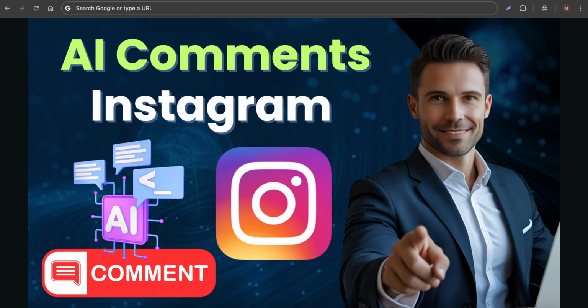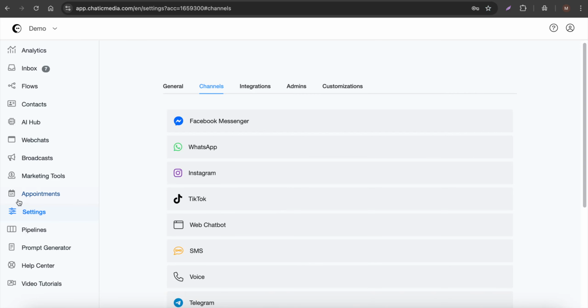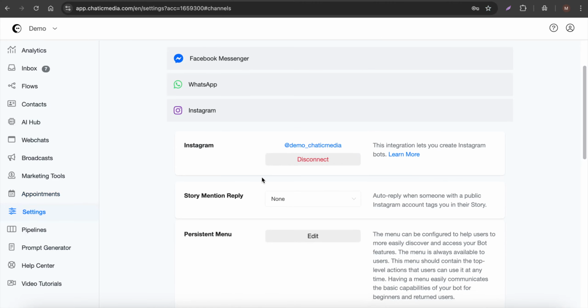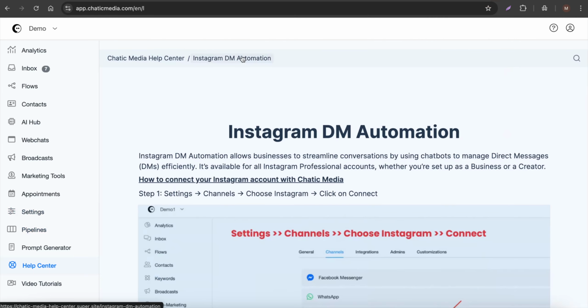So here, I'm in a demo account. The first step is to connect your Instagram account right here via channels. So here, if you click on channels, you can go to settings, channels option over here and choose Instagram and simply connect it. So if you go to the help center, this is a help center guide about Instagram